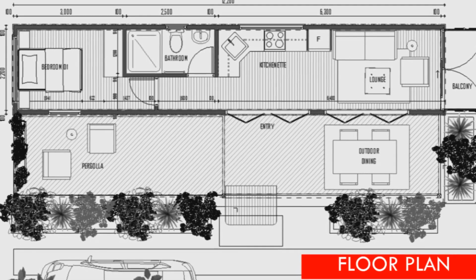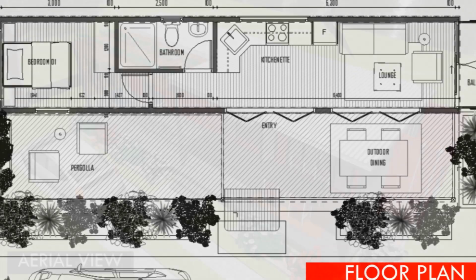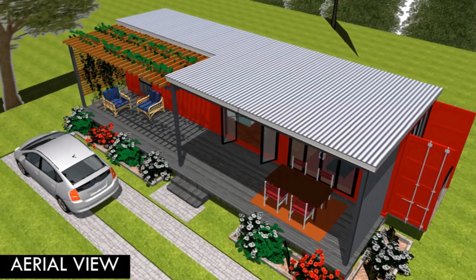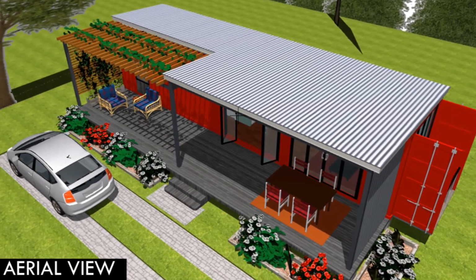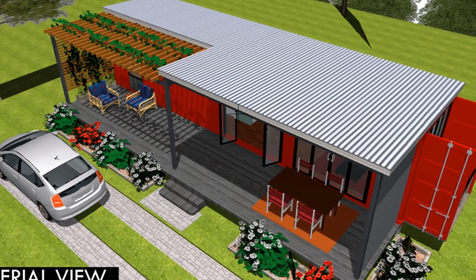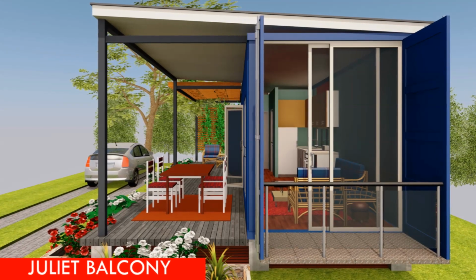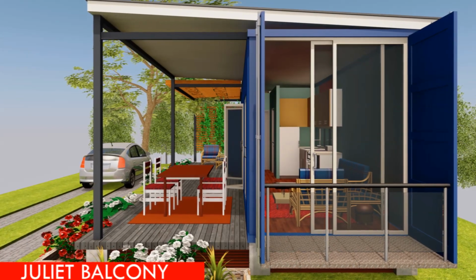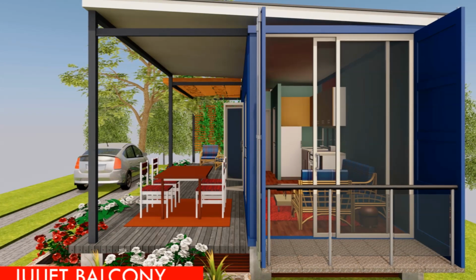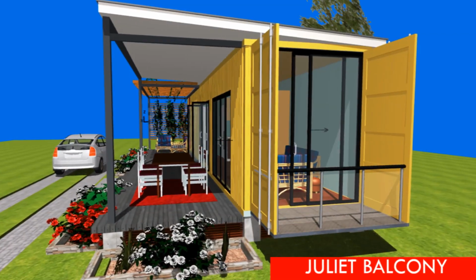You need to provide generous outdoor sitting space as usual so that you can compensate for the limited internal living area that is constricted by the dimensions of shipping containers. So a generous outdoor sitting space would do a lot of justice to your shipping container house. We also like creating Juliet balconies using the original cargo doors so that you can enhance the outdoor living of